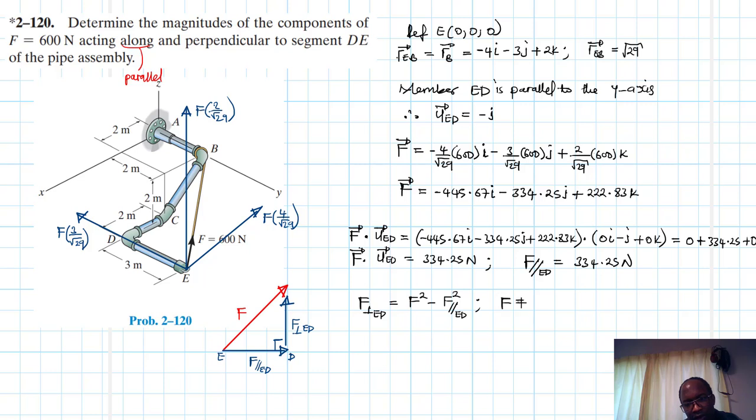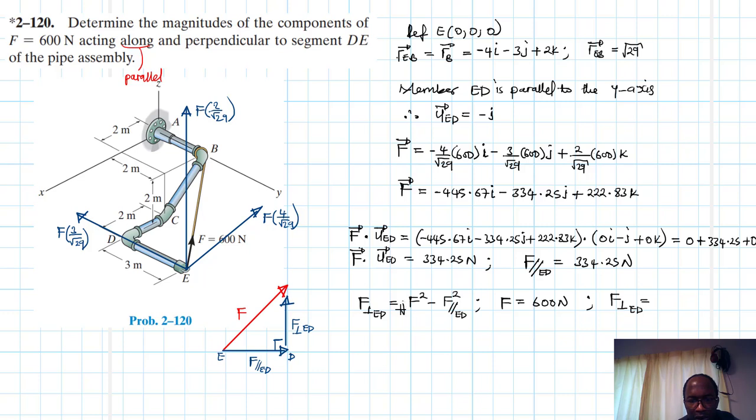We already have F equal to 600 newtons. So we just have to plug it into our equation, and once we plug it in, we find that our perpendicular value to ED is just going to be equal to 600 squared minus